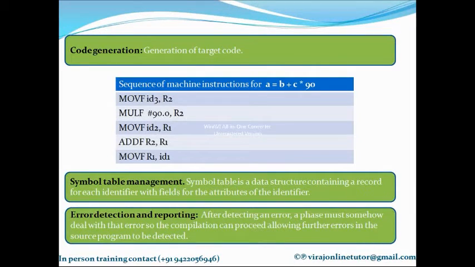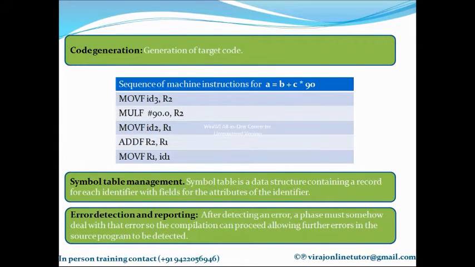Hence the best way is for the compiler to list all the errors in your program at once. Suppose your program has 100 errors, I would expect the compiler to list all 100 errors in one step itself, so that I can fix all 100 errors and compile only once the next time, right? So your error detection module has to be smart enough to deal with the error that it has encountered in your program and move ahead, so that all the errors in your program can be reported at once.